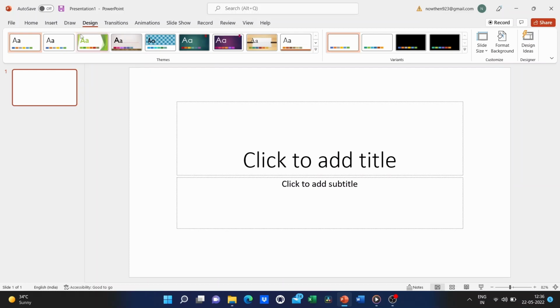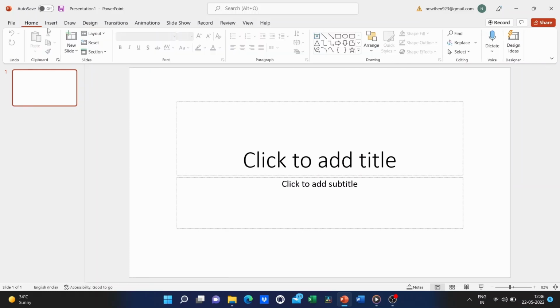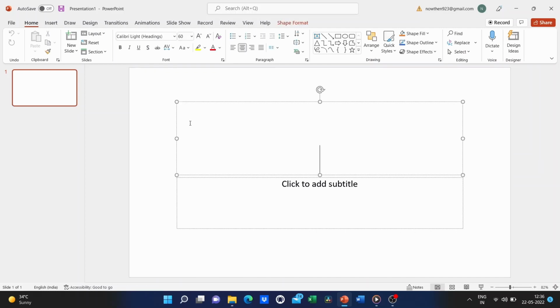Now, a few of these groups also have a little button called the Launch button. And the purpose of the Launch button is this. Microsoft has tried to put all of the options for fonts, for example, here in this group. But there are many options to fit, so they don't fit in the space available.